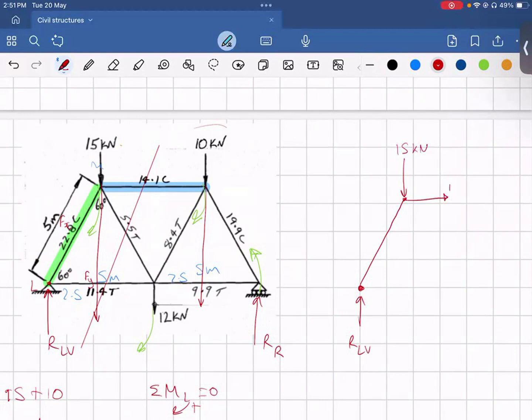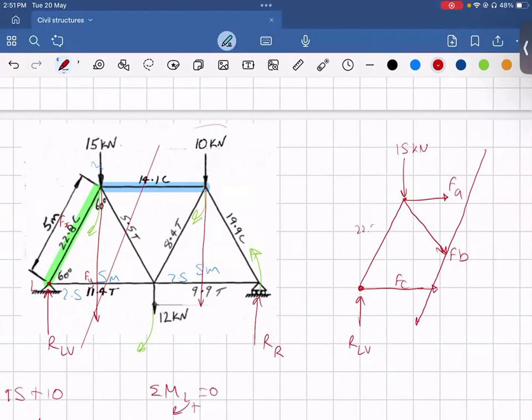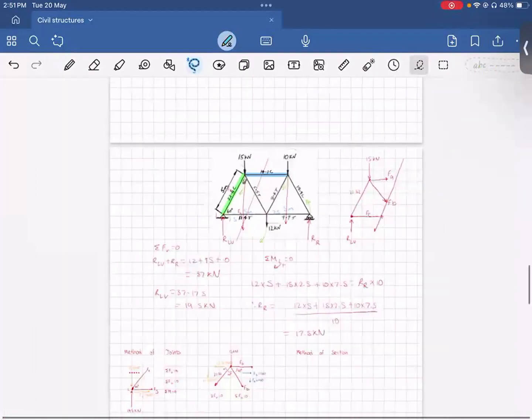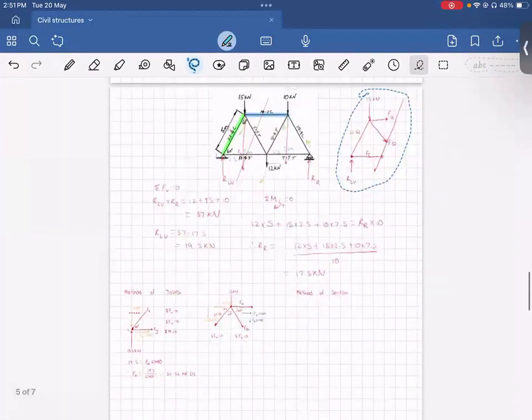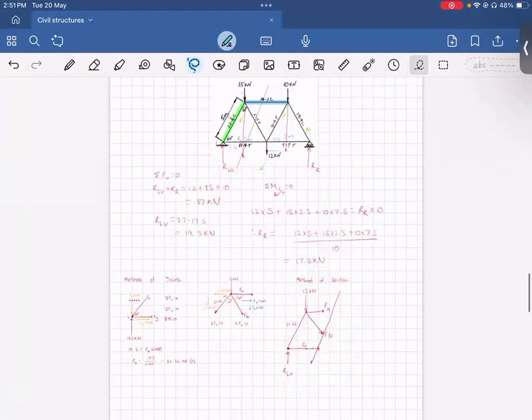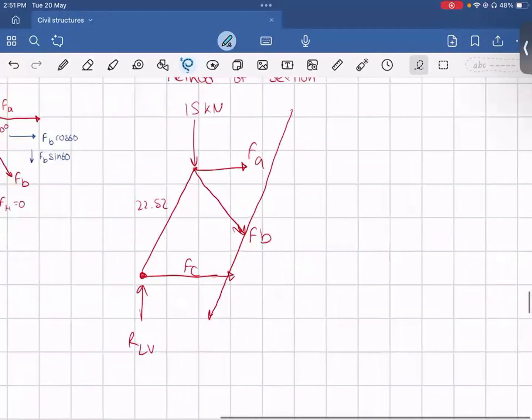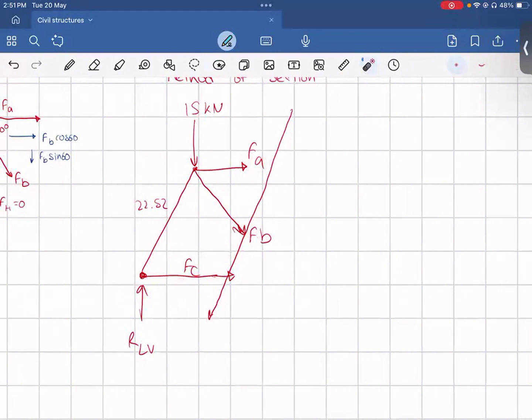And then here's where we can have FA, we have FB, and then another force acting this way, and our cut is going through like so. And we know this as 22.52, but it won't be necessary in our equation itself. So let's take this diagram and analyze it. So looking at this diagram, we are only focused on FA, not on FB or FC. Now, the best way to go about solving this is, let's complete this drawing. And this is our